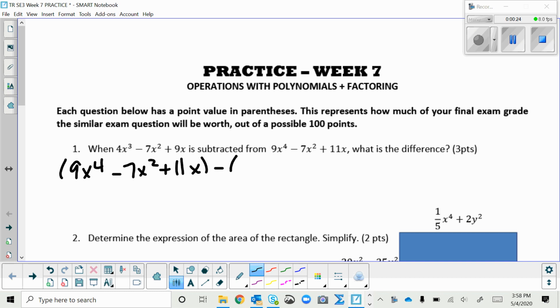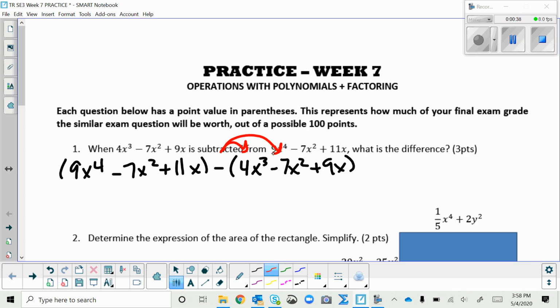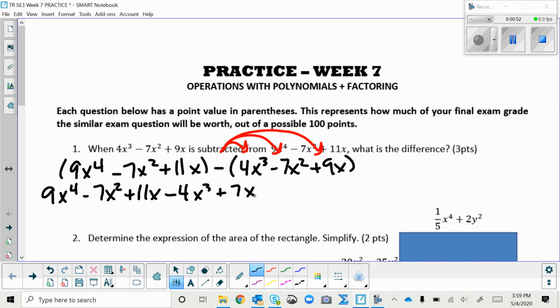We're subtracting the first group from the second group. A negative needs to be distributed. So now I have 9x to the 4 minus 7x squared plus 11x minus 4x cubed plus 7x squared minus 9x. And combining like terms,